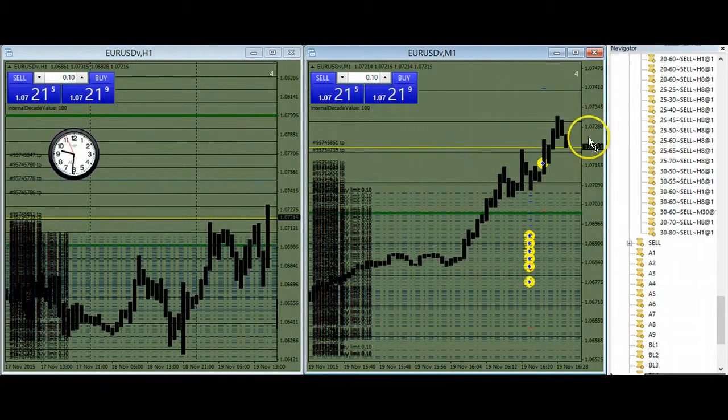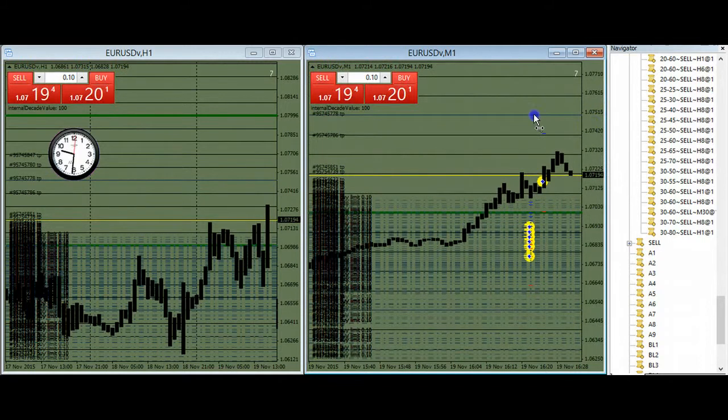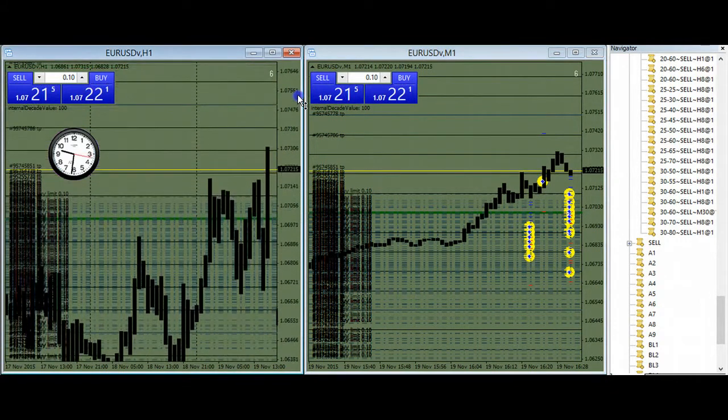So I put this other thing in here, which is I'm testing out a canvassing order. It's going to buy every 10 pips for an hour. At the same time, I'm going to overlap that with this order, which is going to buy, in a half an hour, a psycho plunge. So ideally, what I want to get going is a psycho plunge order that captures in zone. So I have to break out the other keyboard that I was kind of reluctant to deal with because it's a Cherry keyboard,